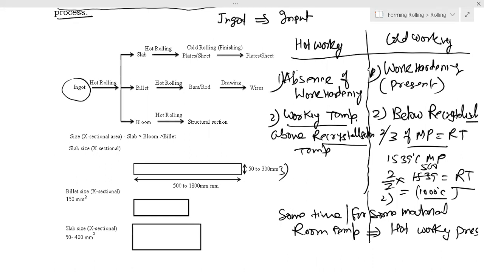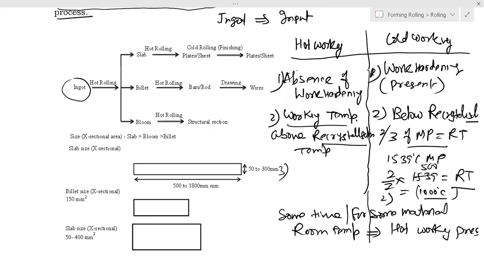This small percentage of this alloying element changes the mechanical property of the material, either by acting as an impurity, or it diffuses into the material, or it changes the mechanical property finally. Another way to change the mechanical property of a material is the heat treatment process. By controlling the temperature with time, we can control the microstructure of the material.